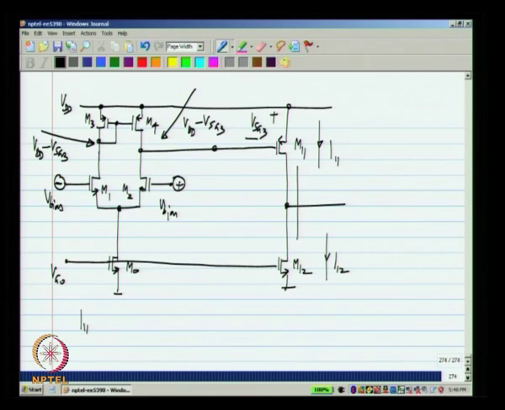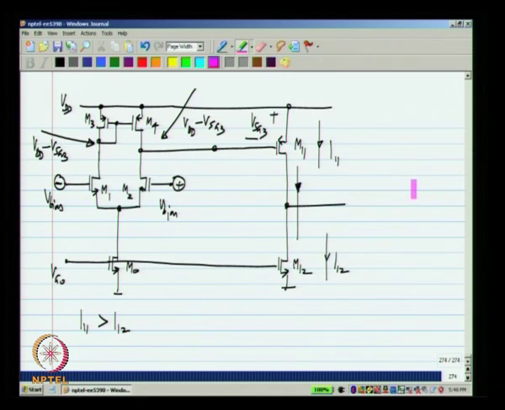The current has to be the same. It does not matter what M11 tended to carry if it was in saturation and M12 tended to carry if it was in saturation. When you connect them together like this, they have to be the same. If I11 is greater than I12, that is the saturation current of M11 is more than the saturation current